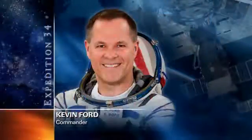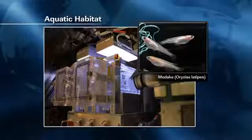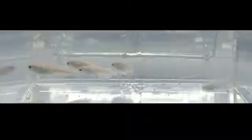Ford had a training session today on how to catch the fish that are part of the JAXA-Medaka experiment. This is an osteoclast experiment that uses the bones of these tiny fish to determine how microgravity stays affect the human skeletal system. It's not always easy to catch the fish in the new aquatic habitat that's in the Kibo